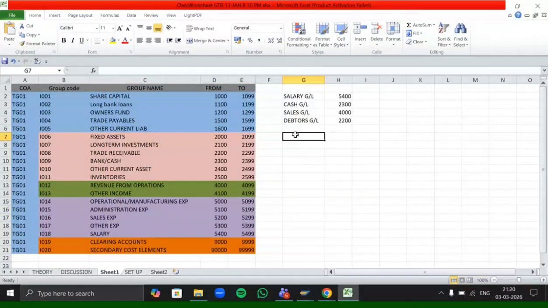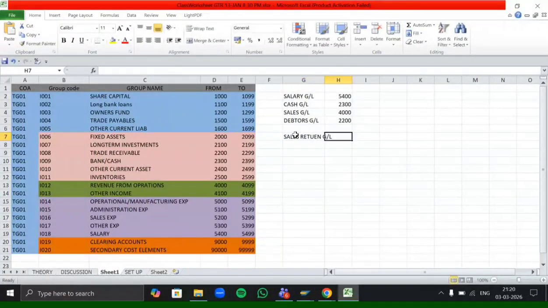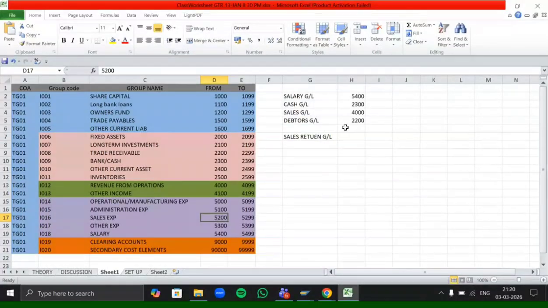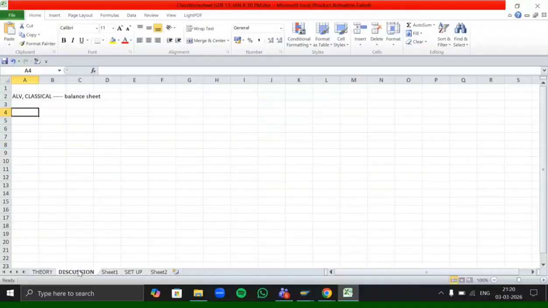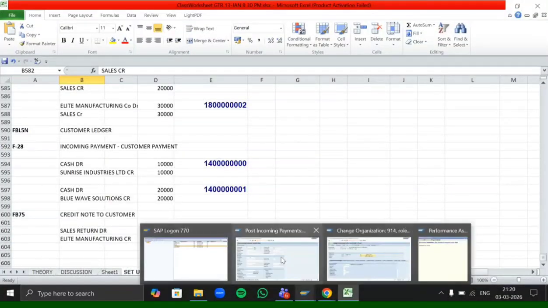So I'm mentioning it as a sales return GL, 5200. So let's create this GL account. To create your GL account, we have to use a T code FS00.